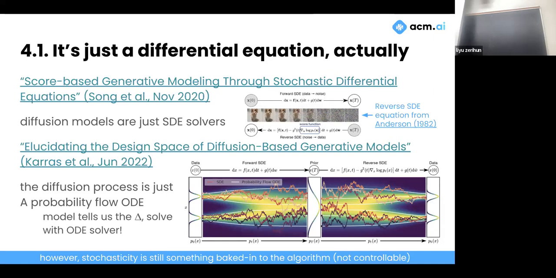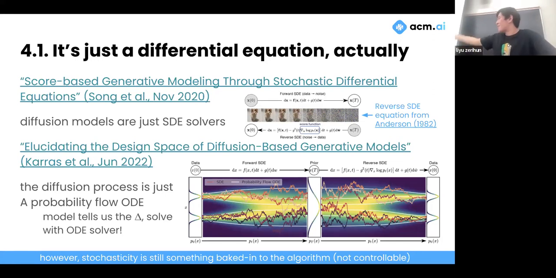One of the reasons I think diffusion models work so well is because we're passing the image repeatedly back to itself. If it screws up the prediction a little bit and there's some weird artifact within the image, when you pass the image back to itself, it can kind of go, oh wait, I screwed up there. Let me try to fix that real quick. It has a self-correction property to it, right? So this is why a lot of people are saying, oh, the diffusion process is just a probability flow ordinary differential equation. And yeah, it's just that.